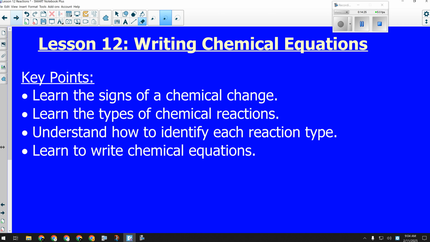All right? So all of these are signs of a chemical reaction. Here's what we have to understand about those signs. They mean that new materials have been made because we're seeing a change in the physical properties between our reactants and our products. For example, in one of the reactions that you're going to do in this lab, you're going to mix 2 clear solutions together. It looks pretty boring to start. And at the end,